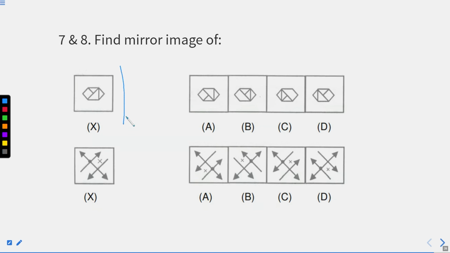So the first step is draw the mirror. Second is draw this thing, because this will remain the same, right? This line will be close to the mirror, so this line will be here. After that, from this line we'll draw this here and draw this here. This will be your mirror image. Check where you are able to get this diagram. Here, no. Here, no. Here, no. Yes, option number D is this. Option number D has the same diagram. So again, whenever you are solving these questions, you are supposed to solve with this method.